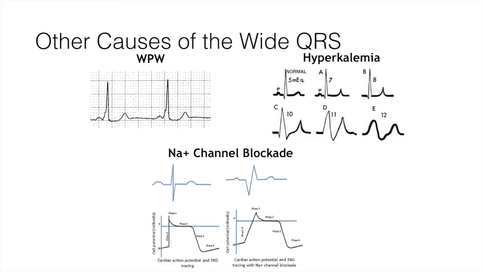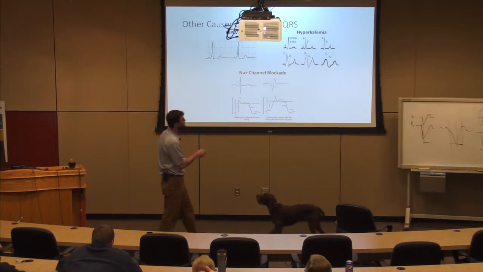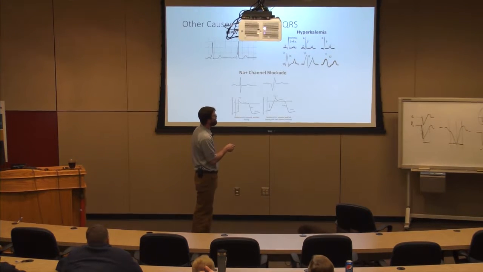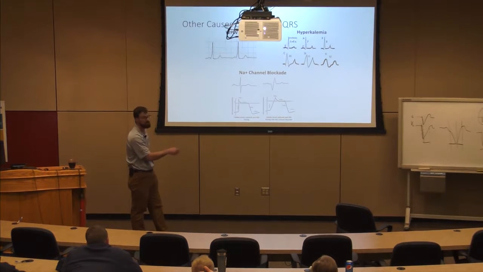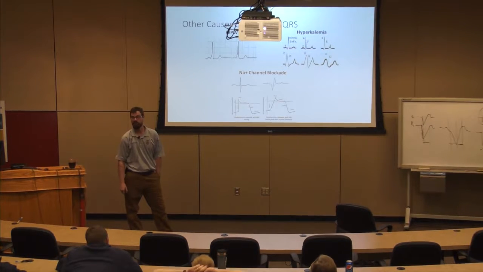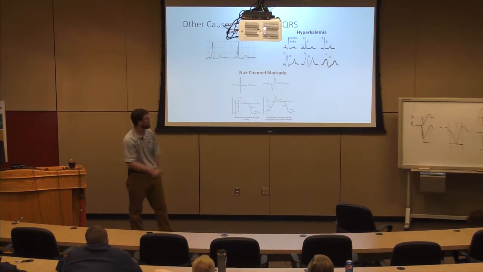So what are some other causes of wide bundle branch or wide complex QRS? Well, I can have a Wolff-Parkinson-White where I'm wide on the front end, right? I got my delta wave that gives me a wide QRS. I can have hyperkalemia, which gives me this kind of bizarre, wide, and eventually sinusoidal-looking QRS in late hyperkalemia. Remember, wide complex bradycardia till proven otherwise is hyperkalemia. And it looks like this.